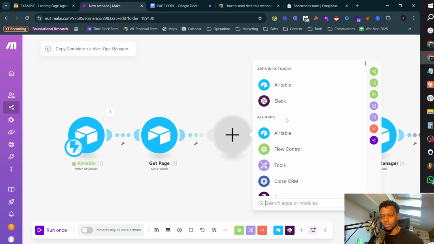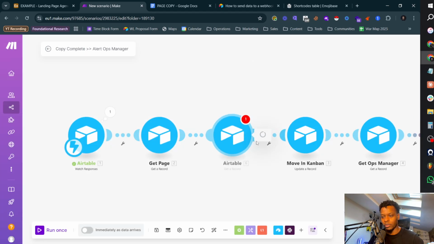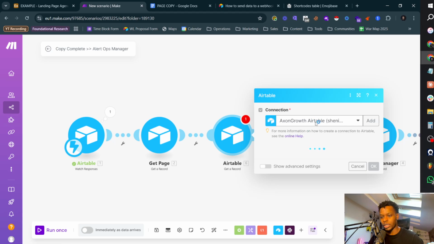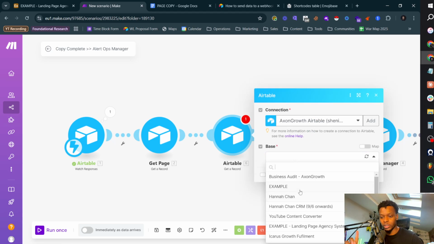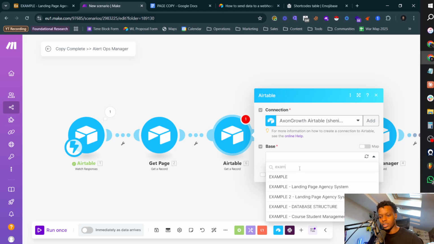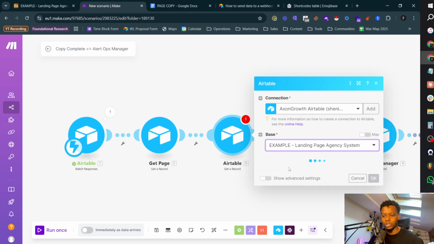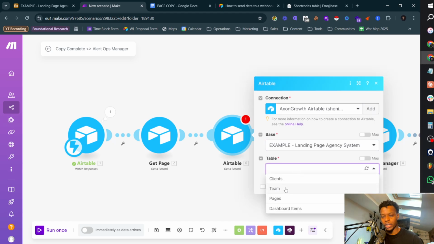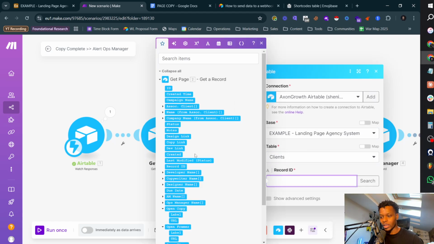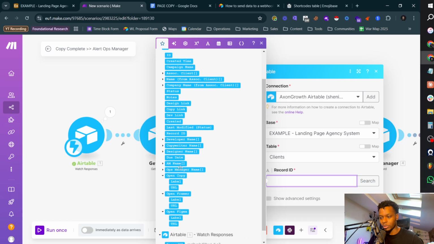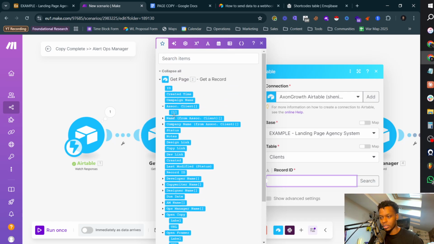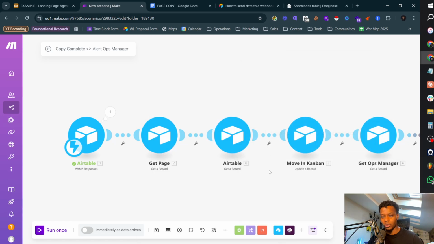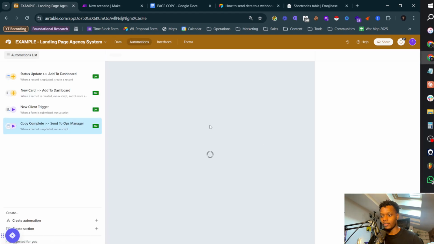So add a module, Airtable, get a record. And this record is going to be a client. And I'm also building this haphazardly, simply because you're meant to check as you go along. So what I'm going to do is truncate this, and then I'm going to check over time. So client associated is the associated client. We'll click here, click OK. Now what I'm going to do is unlink this, and I'm going to test it again so that I can feed the information through